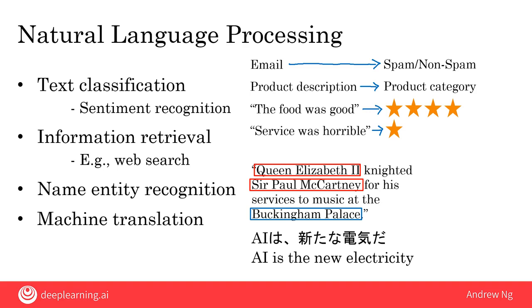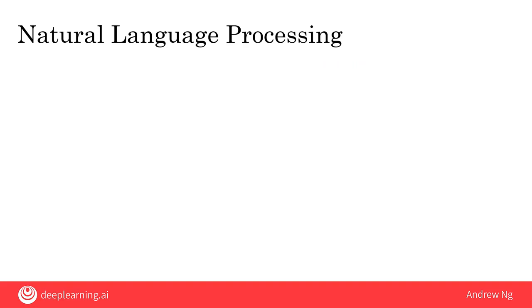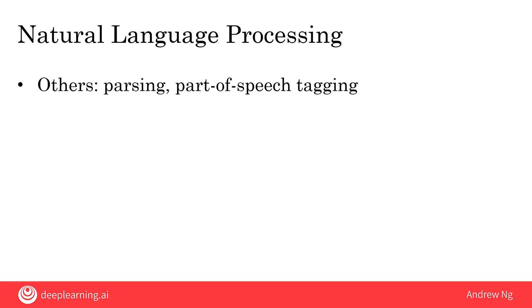of useful NLP applications. If you work with an NLP team, you may also hear them talk about parsing and part-of-speech tagging technologies. Let me tell you what these are. Let's take the example sentence, the cat on the mat. A part-of-speech tagging algorithm will go through all the words and tell you which of these words are nouns, which of these words are verbs, and so on. For example, in the English language, cat and mat in this sentence are nouns. So the part-of-speech tagger will label these 2 words as nouns.